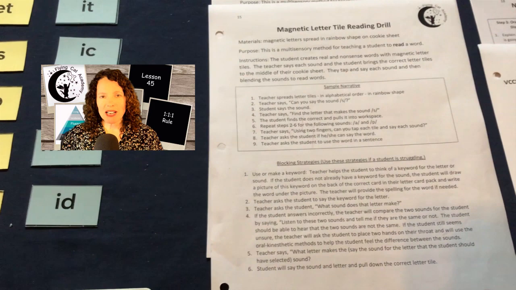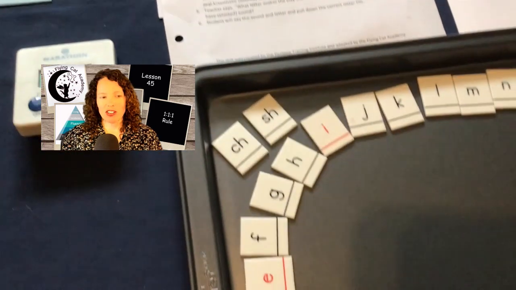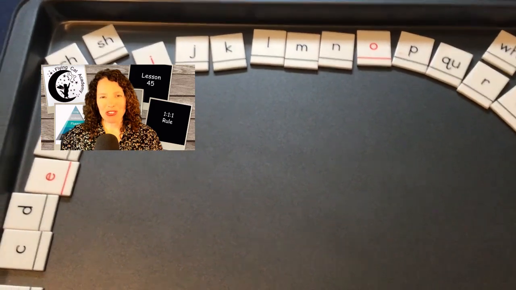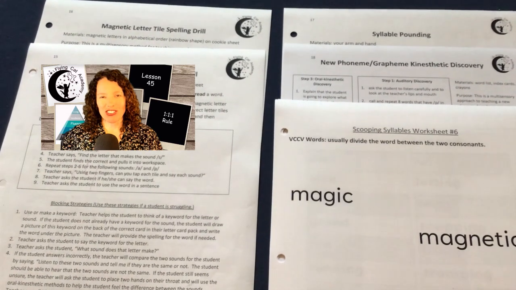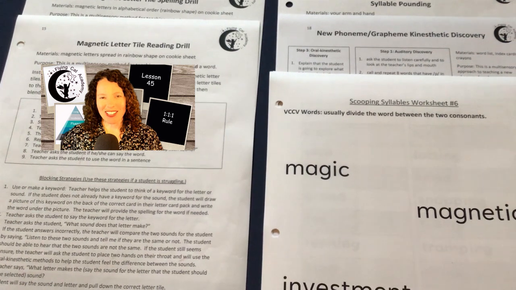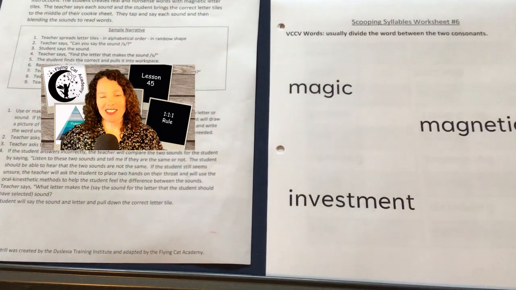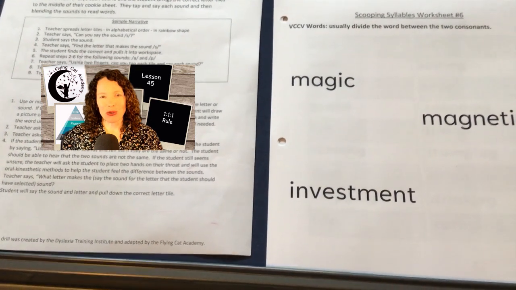Then for the magnetic letter tile drill for reading and spelling, you'll need the teacher instruction sheets and the cookie sheet with the letter tiles spread in a rainbow shape. You'll need the syllable pounding instruction sheet, the new phoneme grapheme kinesthetic discovery sheet, and the sheets for the lesson, which include the scooping syllable sheet, the single word list, the short story, and the 3 sentences for the writing